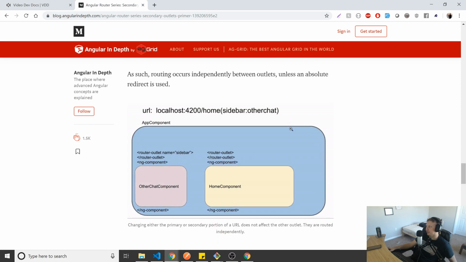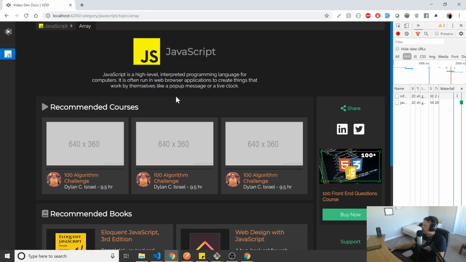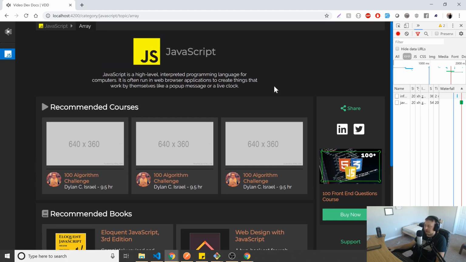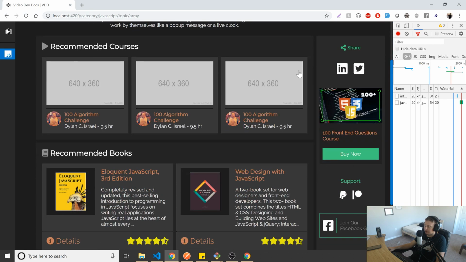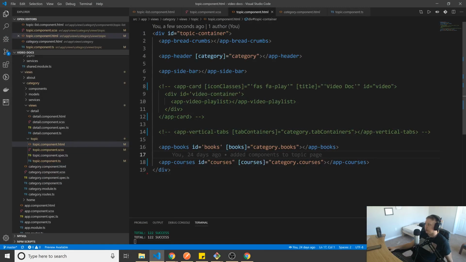All right. From looking at this, it's something I'm not going to do right now. Basically, we should have a secondary router outlet for some of this stuff. There's no reason, and maybe even a third, because the sidebar should already just be part of a template. It should be like you're on a category page, and then you get this route, and then you get this route. But yeah, we're going to do that in some refactoring. So we have our app sidebar. Topics, you're going to have something like